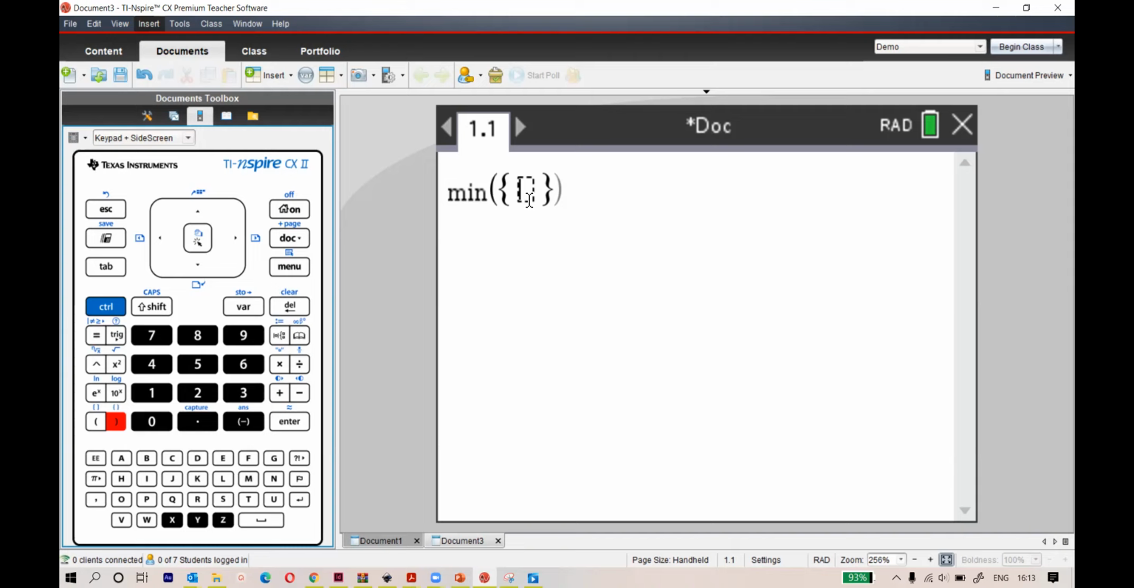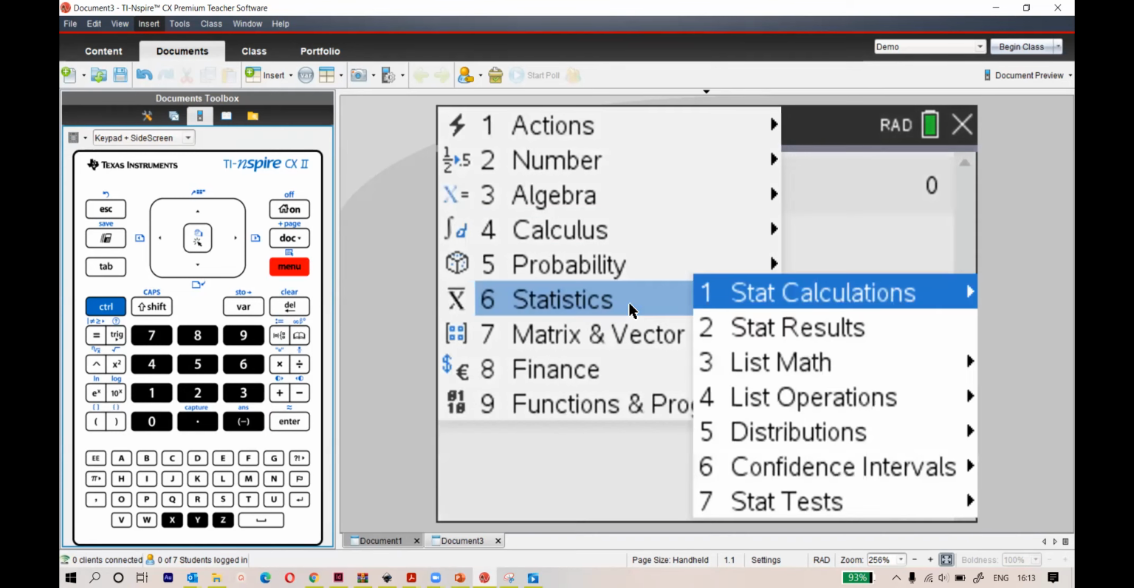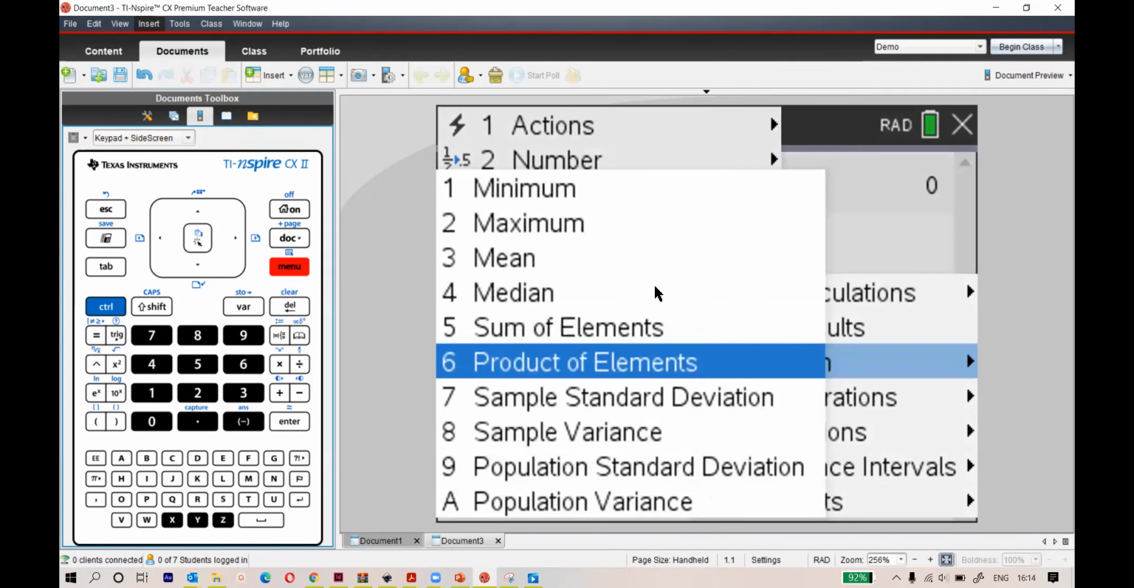All right, so now I'll randomly put some observations here, and each observation should be separated by a comma. So let me do 10 comma 15 comma 2 comma 0 comma 4 comma 6 comma 98, and this is minimum. Okay, I'll hit enter, it gives me 0 as a minimum. Just by looking at it I can say 0 is a minimum, but I can do it using a calculator also. Now I can go back to menu, go to statistics, list math, and I can say